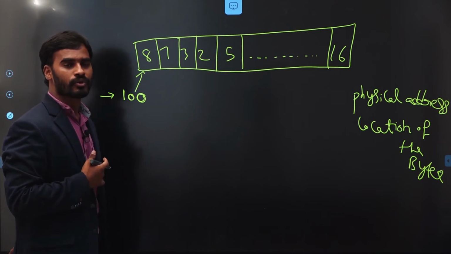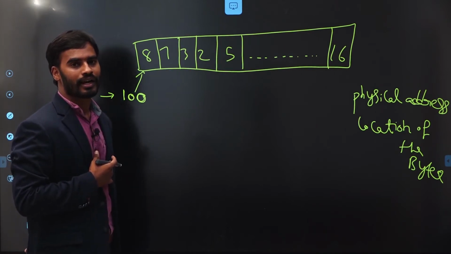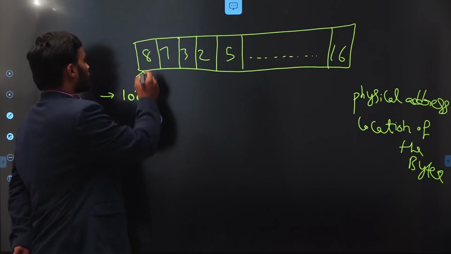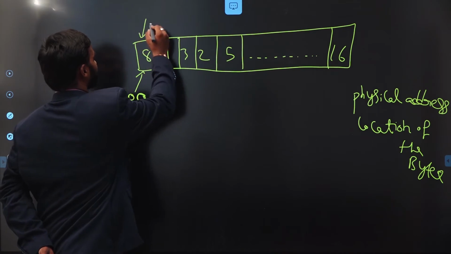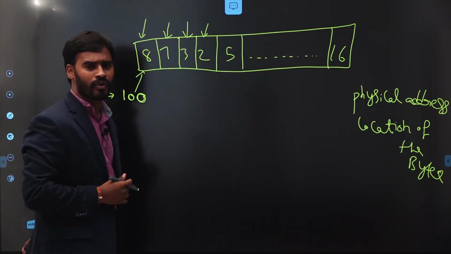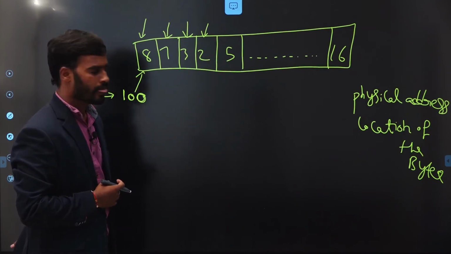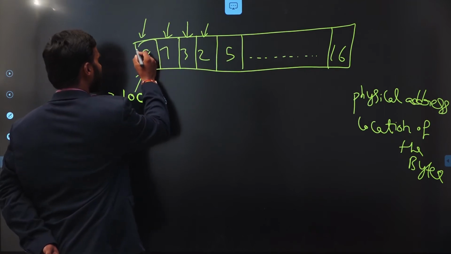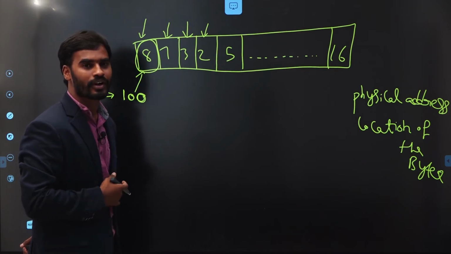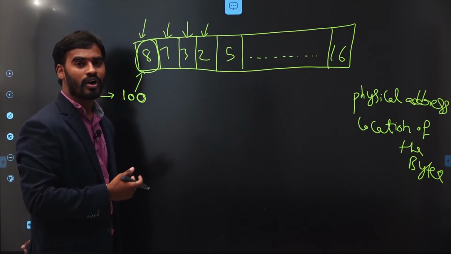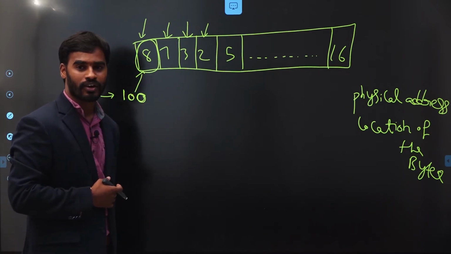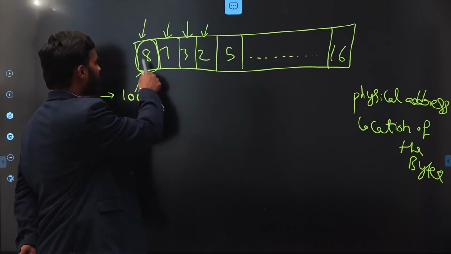And assume that I am going to store all the natural numbers, all the integers. Okay, so what is the size of each block? These are called blocks. I am calling this one a block, as each block is having more than 1 byte. How many bytes does each block need? The number of bytes needed by each block depends on what kind of data you are storing in that block.